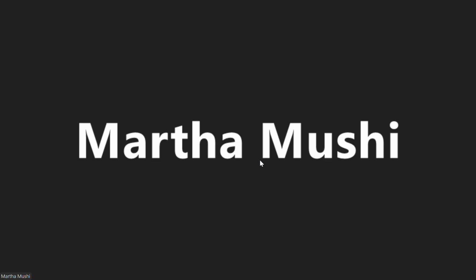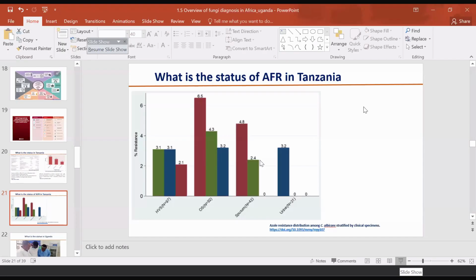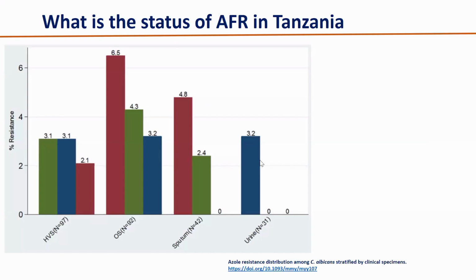So on the study that we did on the magnitude of antifungal resistance among Candida causing different range of infections in Tanzania, this is only for Candida albicans, because Candida albicans is the one that WHO has set as a priority fungal pathogen, and it is in the critical group for blood candidiasis. But this was not for blood candidiasis. This was for a different range of infections.